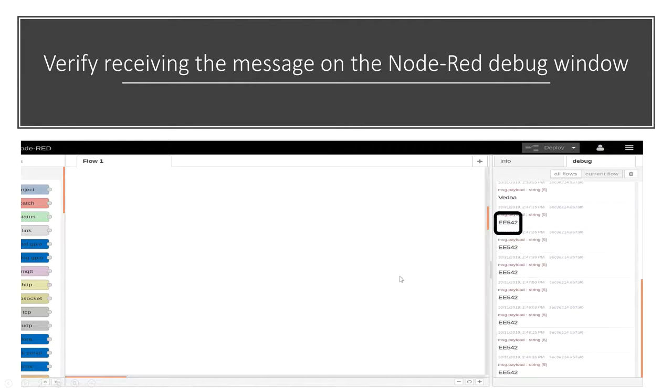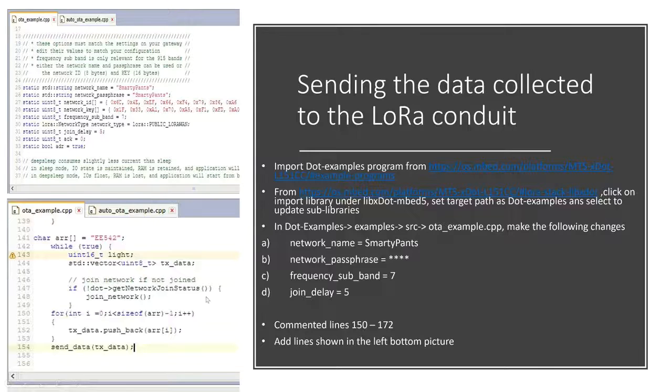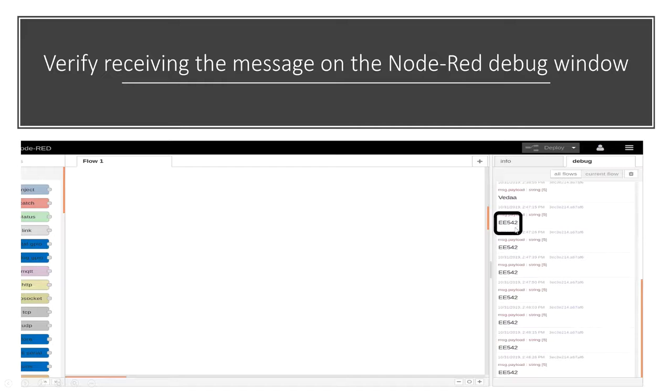Then after that, when we compiled that program and put it into the xDot and hit the reset button, then we established the serial connection using PuTTY to communicate. Then we didn't use PuTTY over here, we just pressed the reset button, that's it. And since we are given the char array as EE542, once we put the compiled file into the xDot and hit the reset button, we were able to see EE542 in the debug port. It was printing repeatedly, as you can see here, and we were able to verify that we were receiving the message on the Node-RED